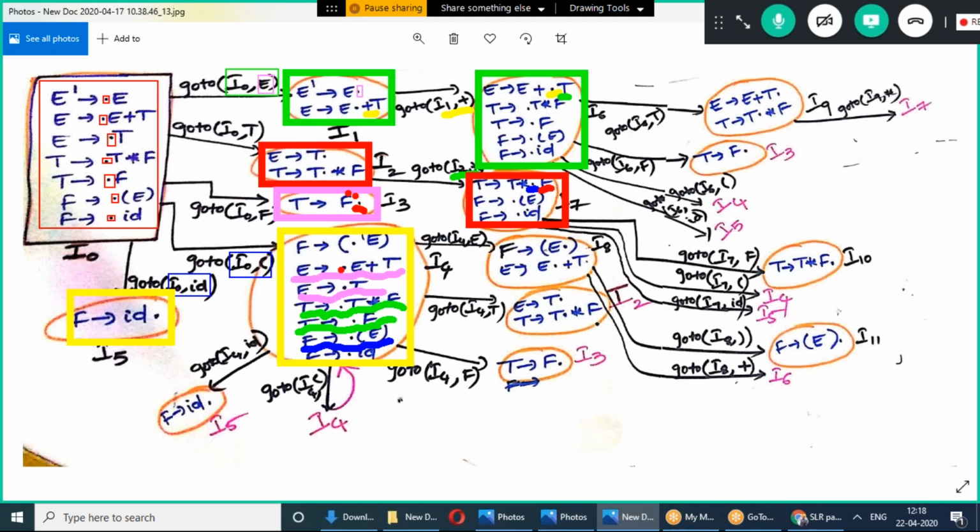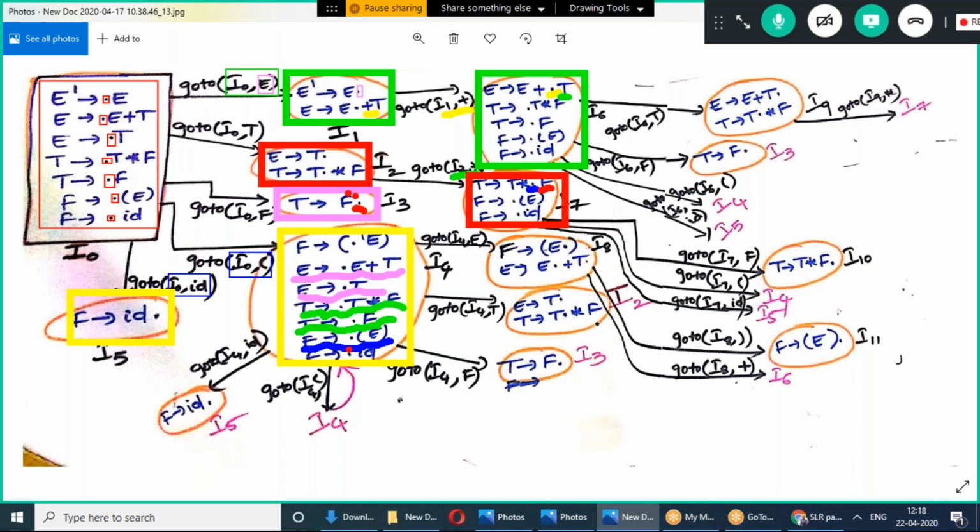On I4, after the dot there is E, T, F, open parenthesis, and ID. These are all the goto operations we can perform. That means goto of I4 comma E, goto of I4 comma T, goto of I4 comma F, goto of I4 comma open parenthesis, goto of I4 comma ID.